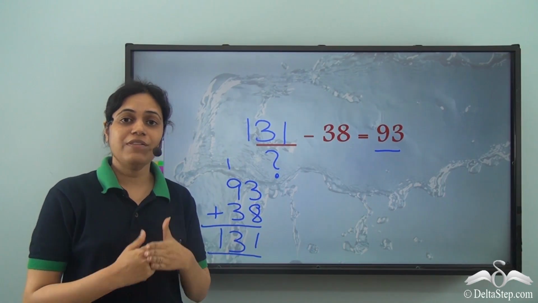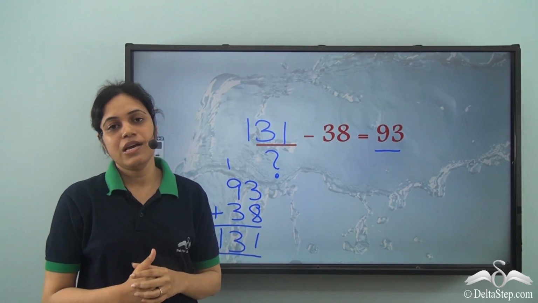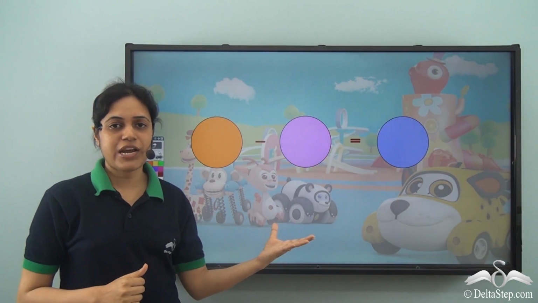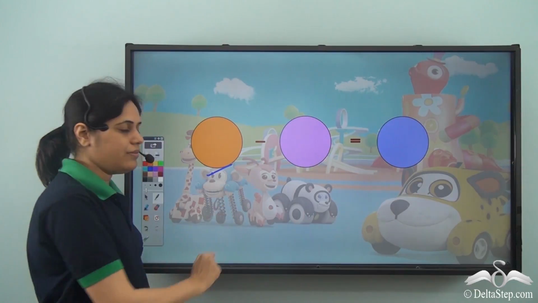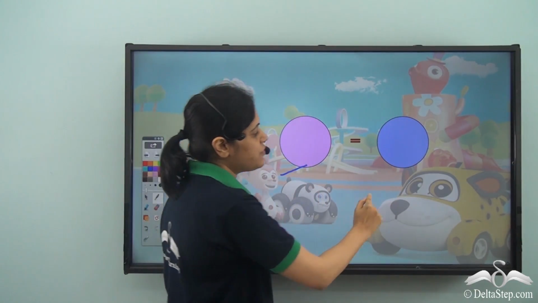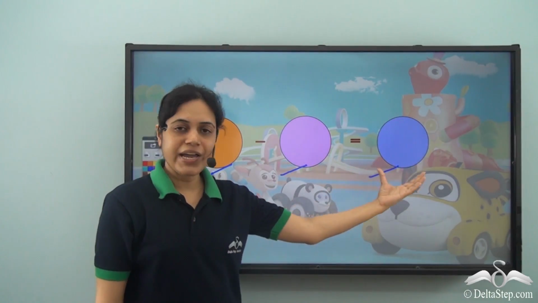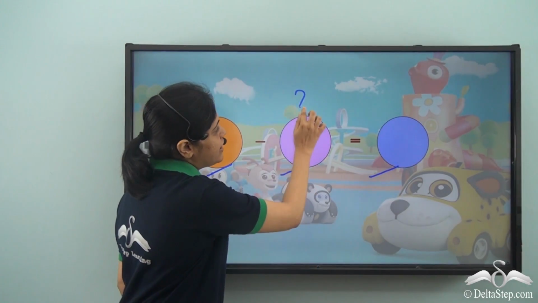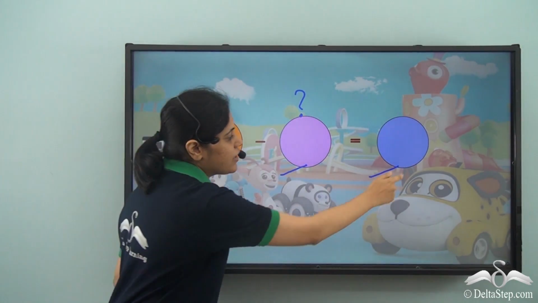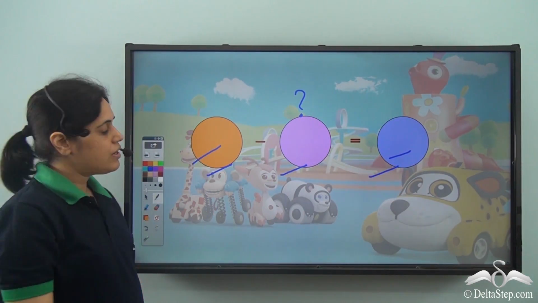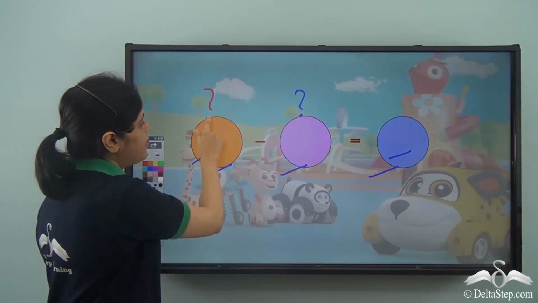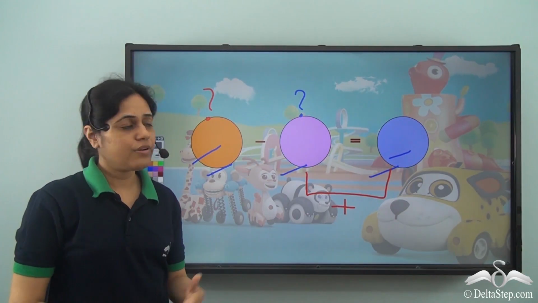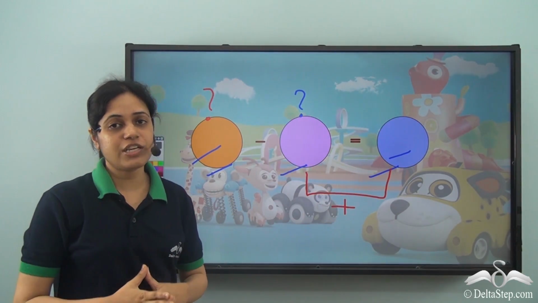But how do we know in which case do we need to add the numbers? In which case do we need to subtract the numbers? Whenever I am subtracting, I have a number here minus a number here, which gives me this difference. So if I need to find this, it is quite simple. Simply subtract these two. If I need to find this, then I need to subtract this number from this number. Whereas if I need to find this number, I need to add these two. So how do we remember in which case do we need to subtract and in which case do we need to add?